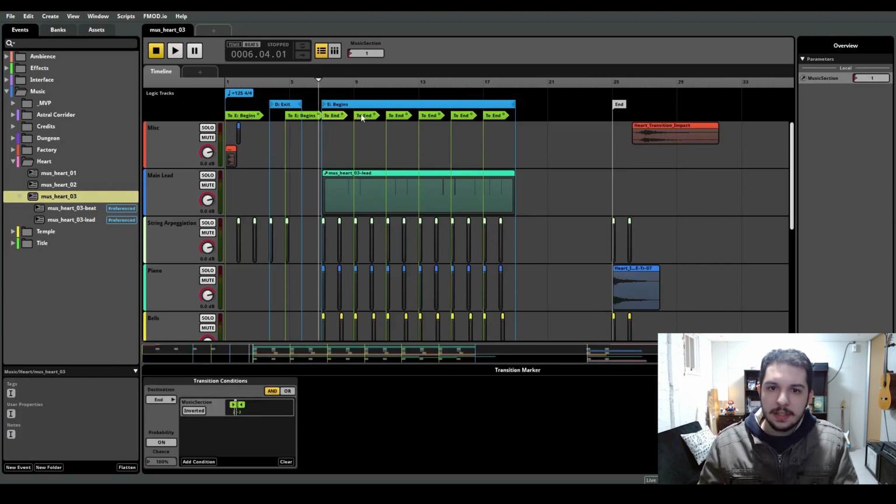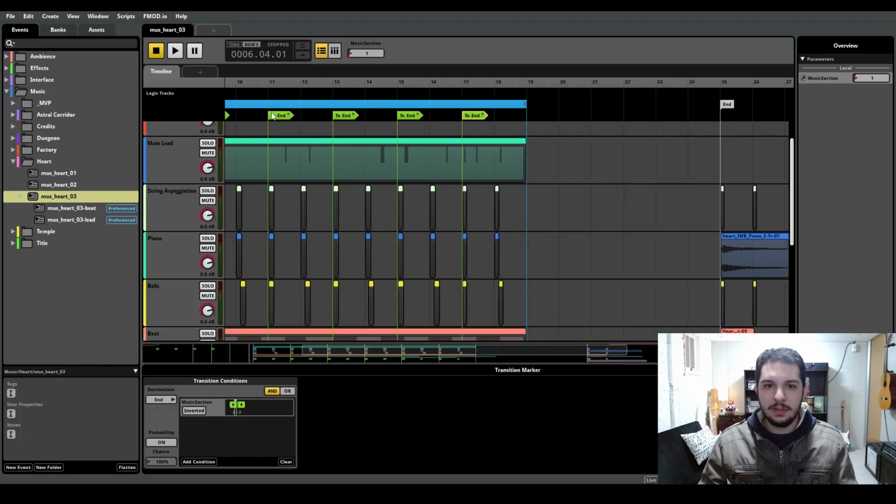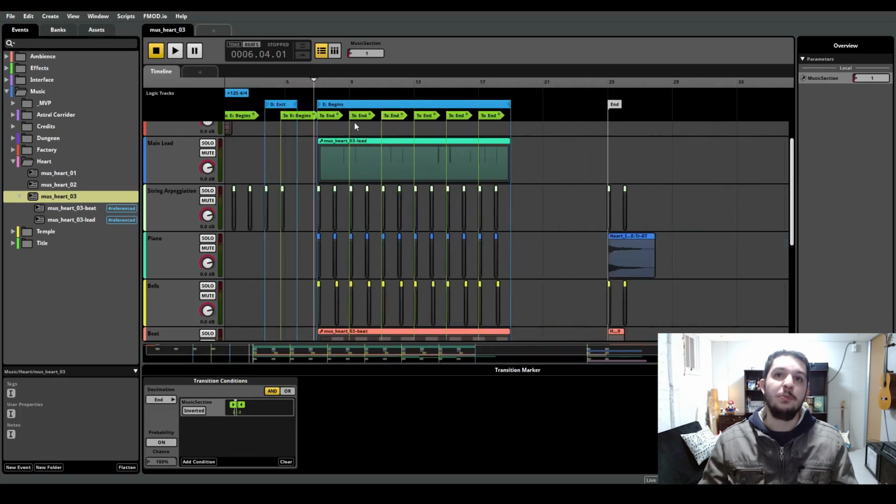And you can see that there are some different transition markers here, because some of them are different from the others. This one is shorter, this one you can see is longer. This is just so that it made sense musically for the transition to happen whenever you reach towards the end of the heart. So for example,